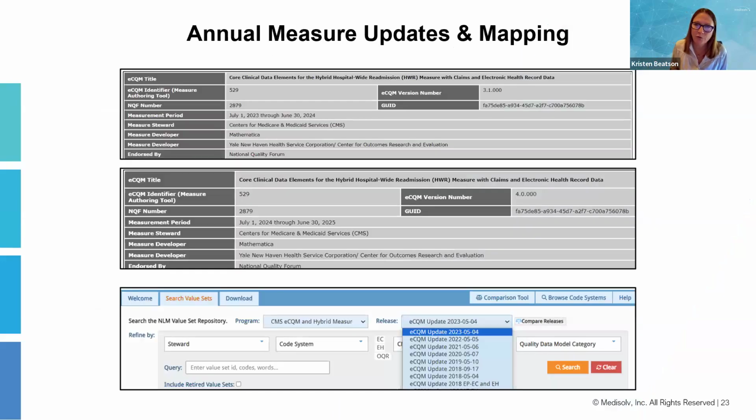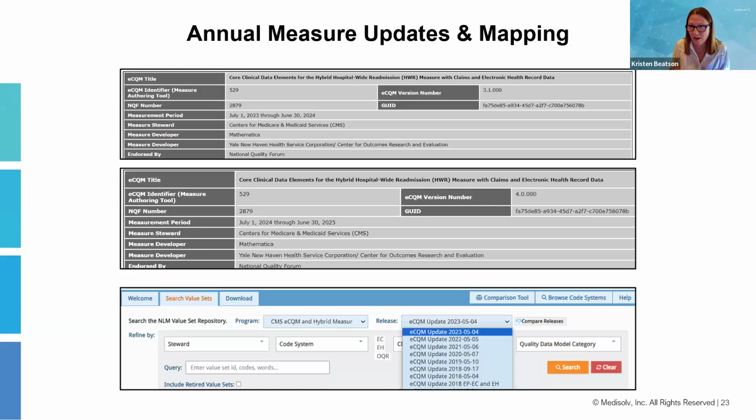Just a quick view if you're not familiar. I mentioned the annual measure updates and value set updates that are released every May. This is just an example of a couple screenshots from the top portion of the readmission measure, and you can see they look very similar, but these measures have been updated.